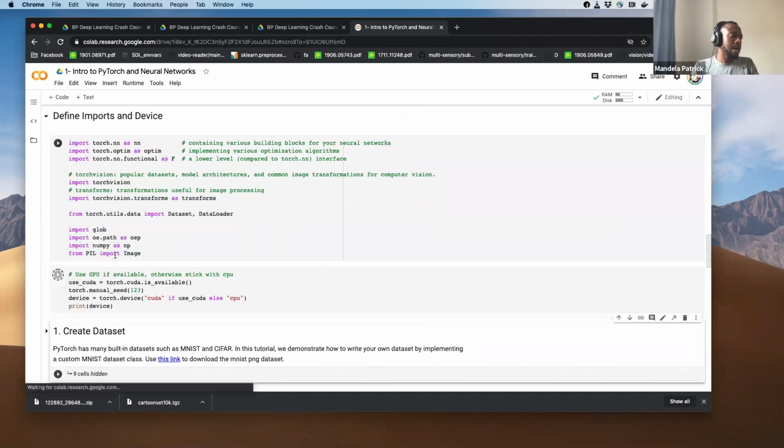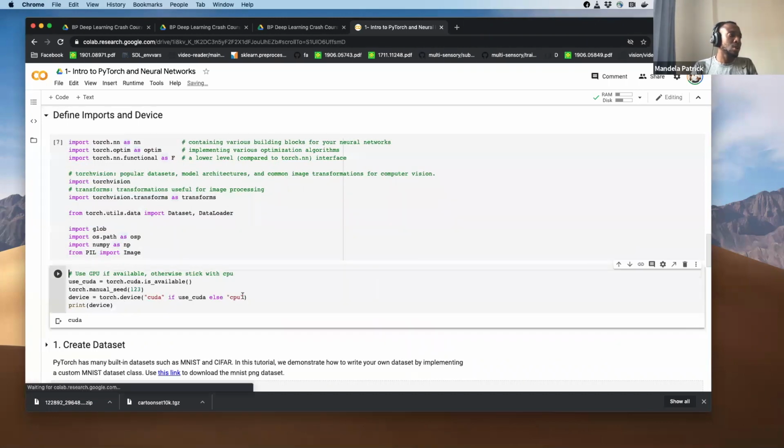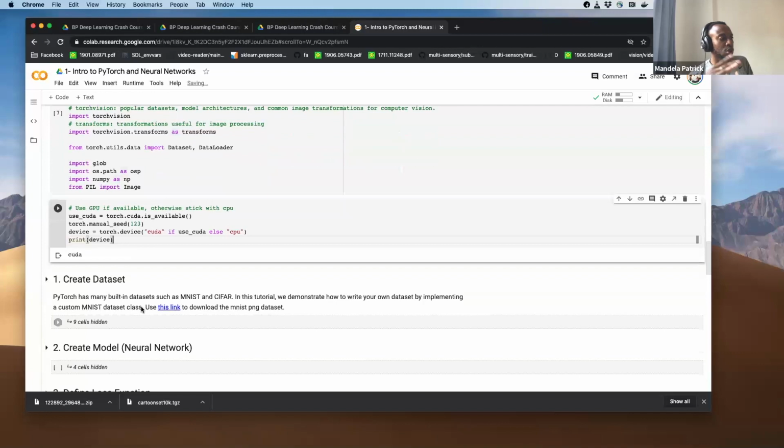And then here we create a device on CUDA if CUDA is available, if you have a GPU available. I try to break up all of these notebooks into 4 or 5 discrete steps.